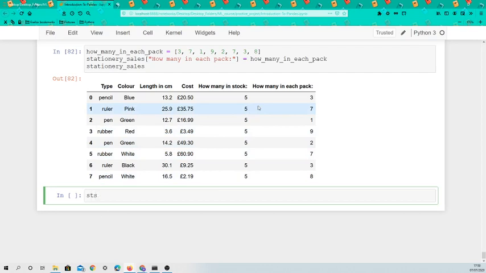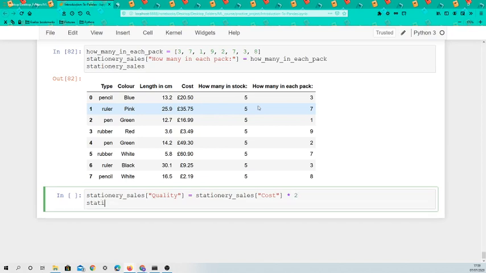What I'm going to do is I'm going to say stationary cells. Let's create a column called quality, and this is equal to stationary cells cost, and we want to multiply this. So you can multiply by putting in an asterisk. We want to multiply this by 2. And if we try to view stationary cells,